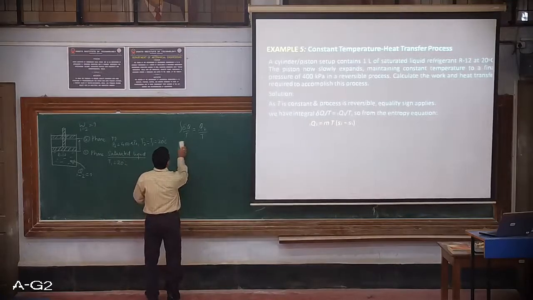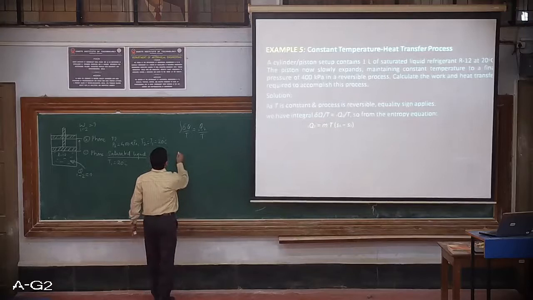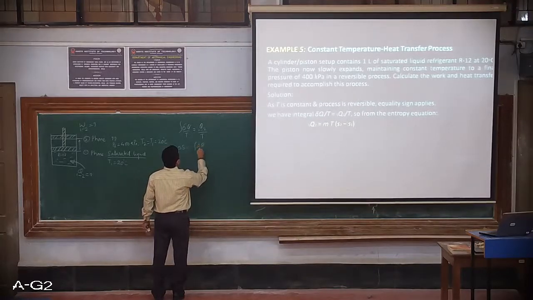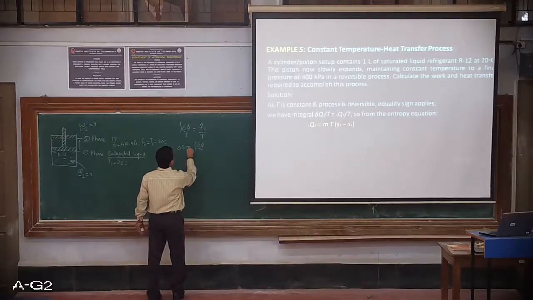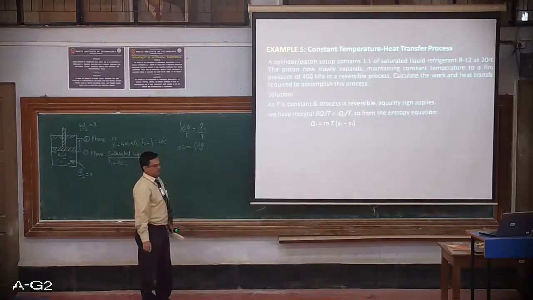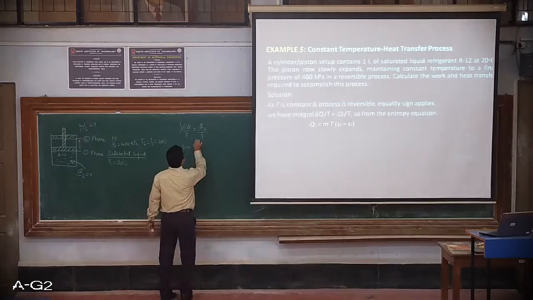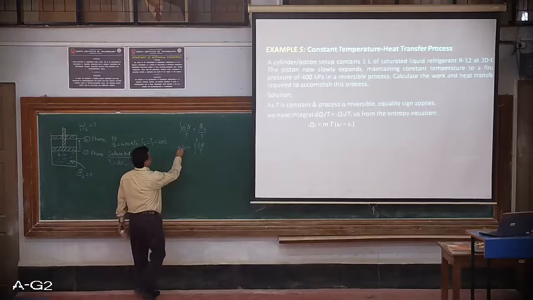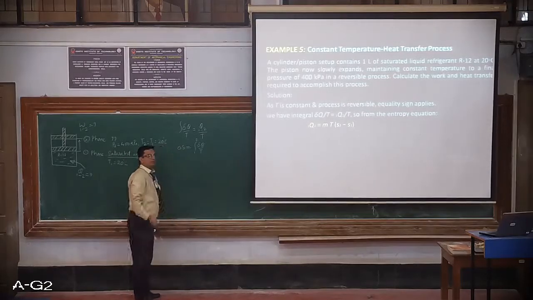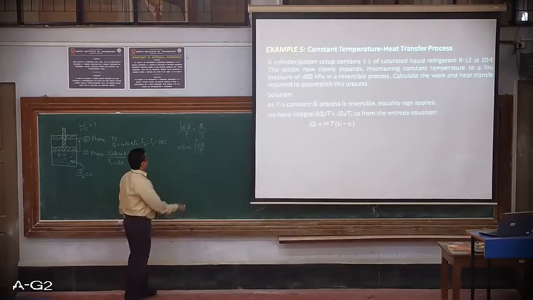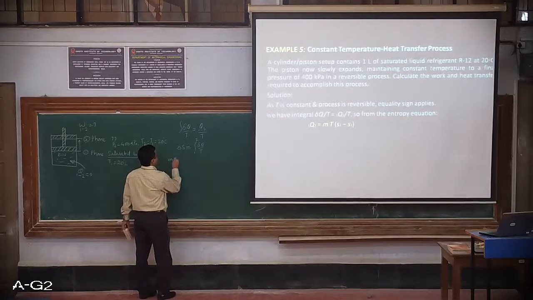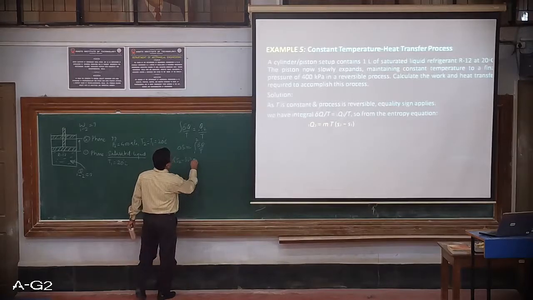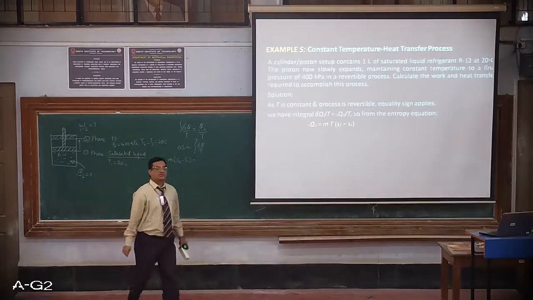So first we need to find out the change in entropy, delta S, is equal to the integral of delta Q by T. The equality sign is used because it is a reversible process. Let's evaluate it from process 1 to 2, so integrate it from 1 to 2. This total entropy, I am going to write as specific entropy. So it is M (S2 minus S1). Change in entropy is required.